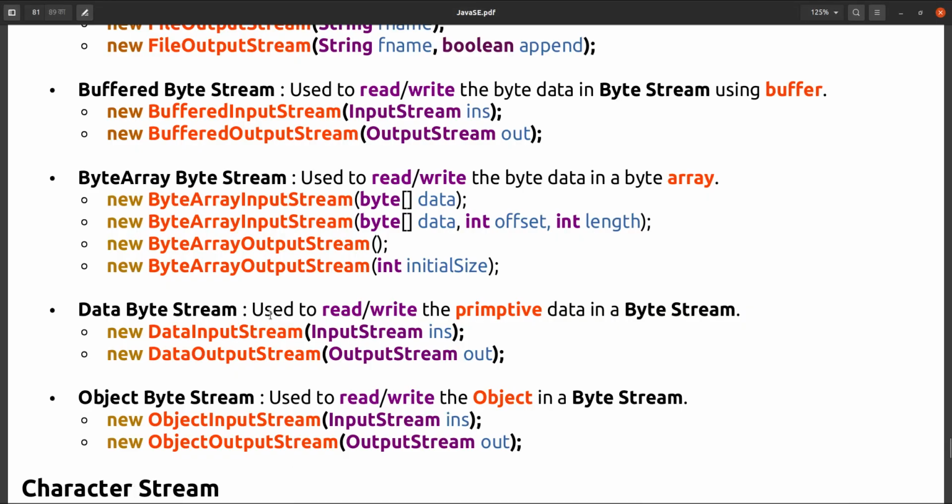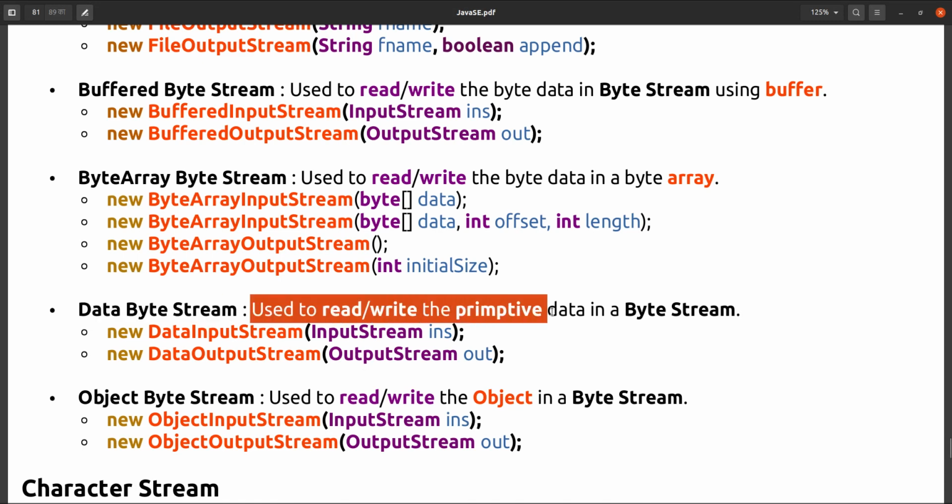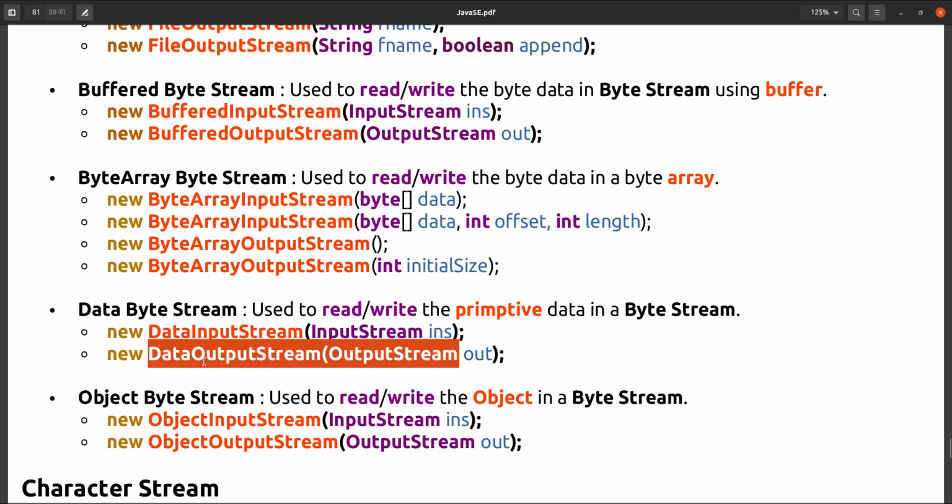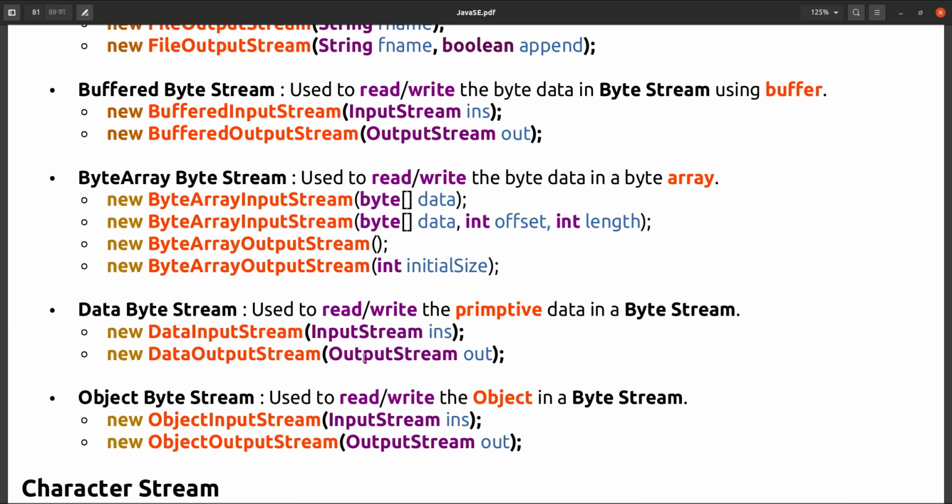If you see the definition, data byte stream can be used to read and write the primitive data in a byte stream. You can create data input stream and data output stream using input stream and output stream only. This constructor is available only.